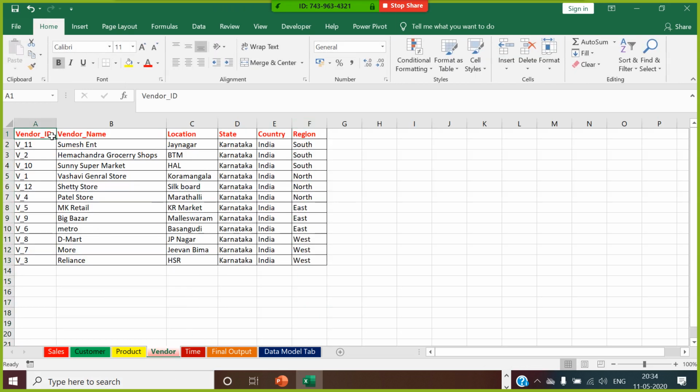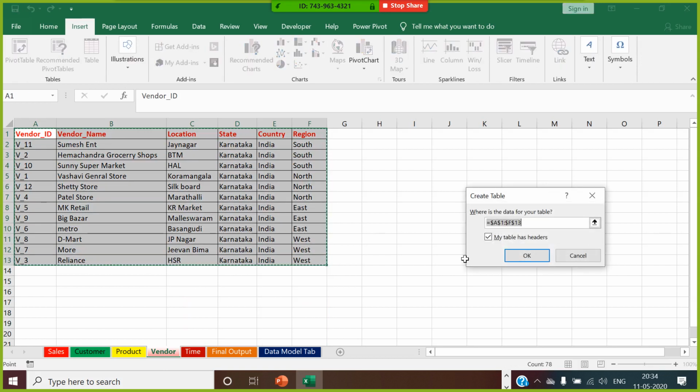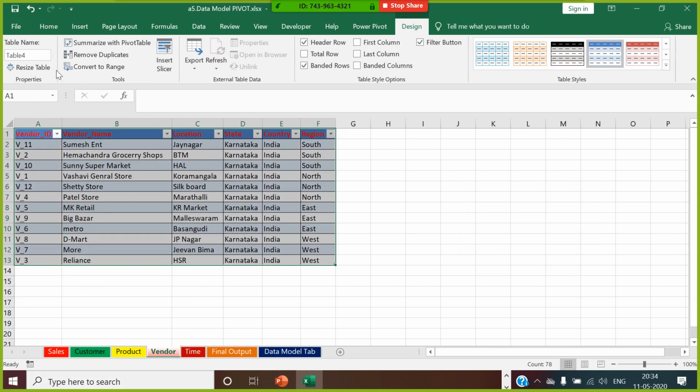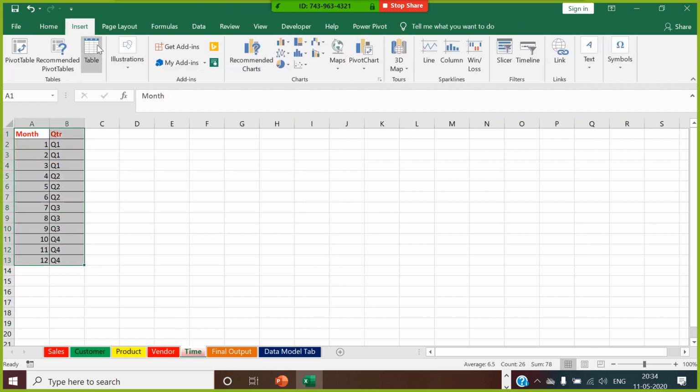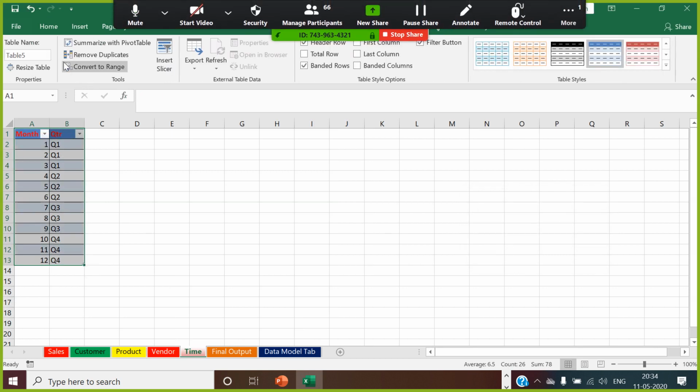Same thing, select the vendor here, go to insert, select this, and make the table name vendor underscore TBL. Same thing, go to time, select the time here, go to insert, make this a table and call this table name time underscore TBL.